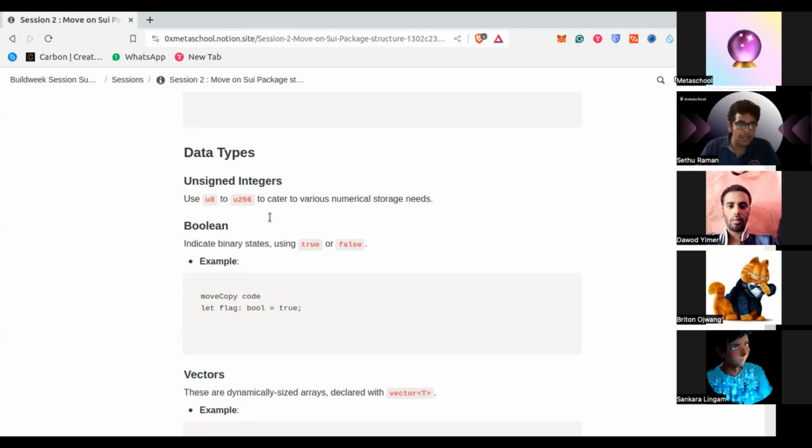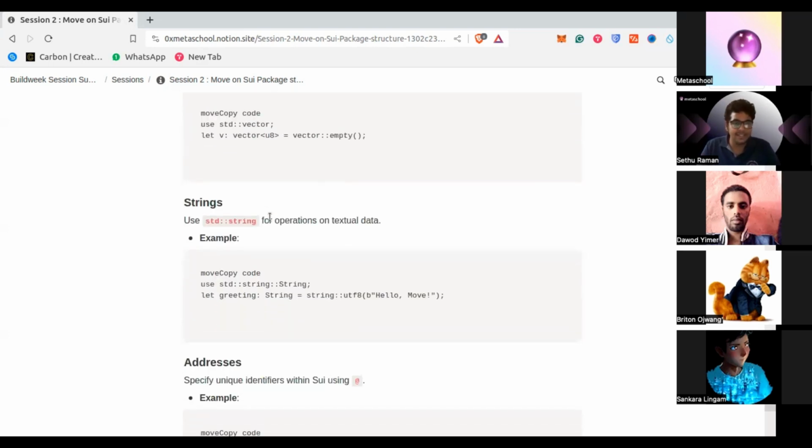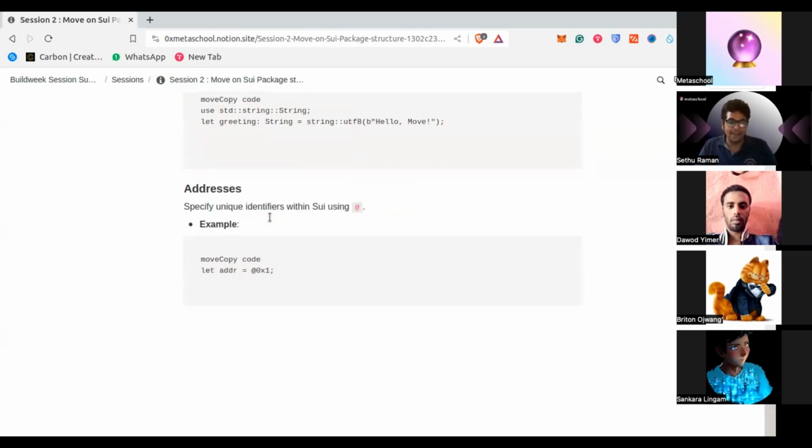And you have boolean, and instead of arrays you have something called vectors. You have string, which is treated as a separate entity itself. And you have addresses. Unlike Solidity, where you define the data type as address, here you just use an @ symbol, right? So these are the